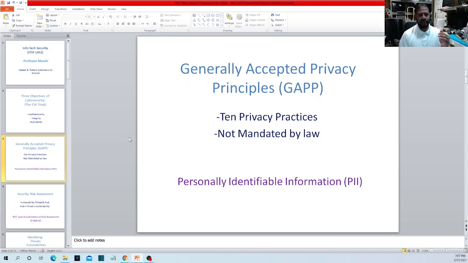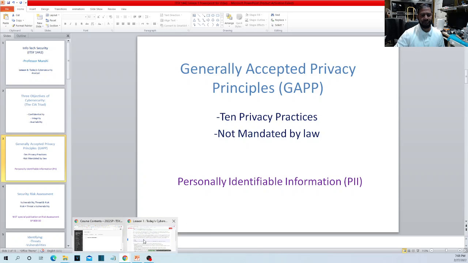It is the kind of information that can be used to identify a person, such as their identification number, social security number, their medical history, their financial records. There are so many different pieces of information about us that we should keep confidential. Otherwise, we may be harmed. We may be identified in a way that we don't want to be identified by other people. So let's take a look at the chapter here.